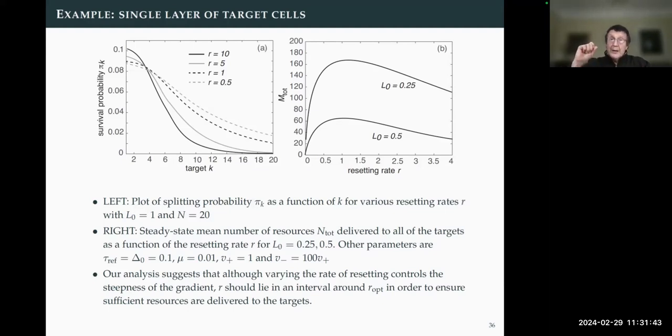And moreover, given a particular morphogen gradient, there's another thing one can calculate. That's just the relative weighting of the distribution of resources across the array, but one might also be interested in the total amount distributed across the array. So there are two things: how much in total is distributed, and what's its relative distribution. What you can show using this analysis is that the total amount distributed is a non-monotonic function of the resetting rate. So you get something analogous to the first passage time. There's an optimal resetting rate at which you maximize the total amount of resources.